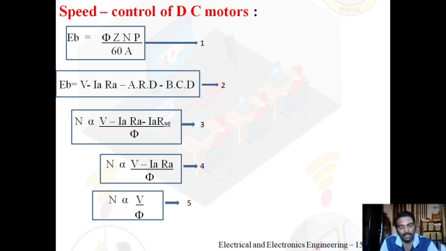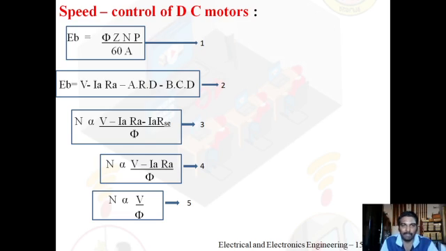EB is, as we have already seen, the back EMF, that means the EMF induced in the armature conductors, which opposes the applied voltage, where phi is the flux per pole, the flux produced by the magnetic poles,